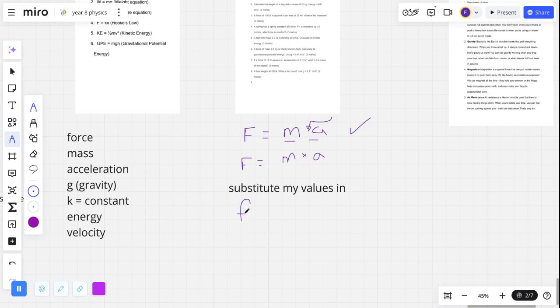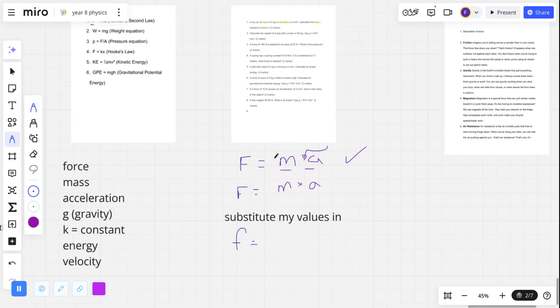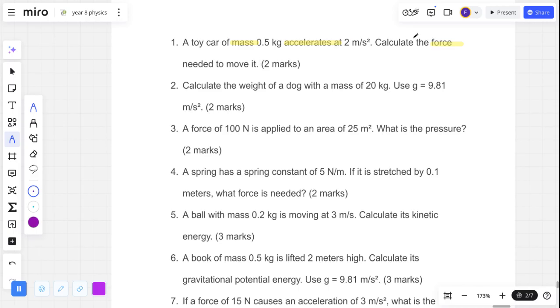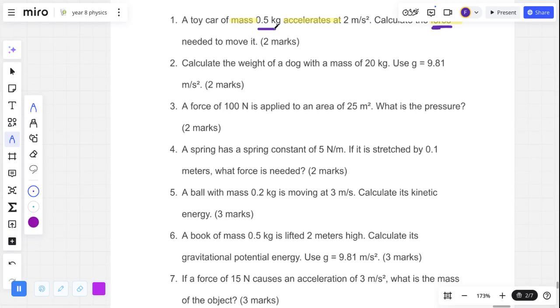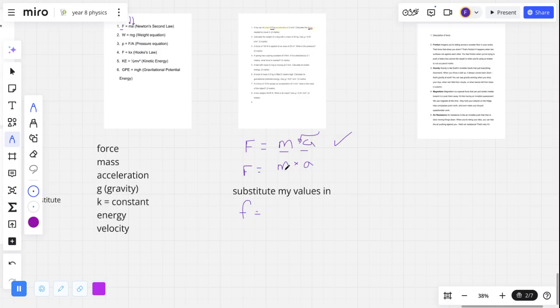F is what I'm trying to find. I'm trying to find my force. That was the key word here, force. Calculate the force. I don't know what it is. I am trying to calculate it. That's the command word. That's called a command word. My mass is 0.5 kilograms. Well, hey, I want to substitute